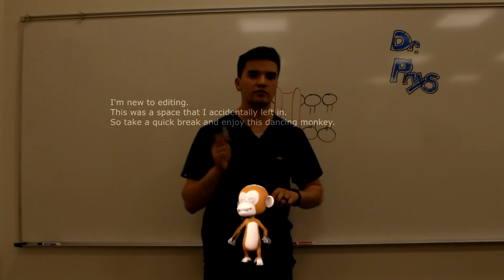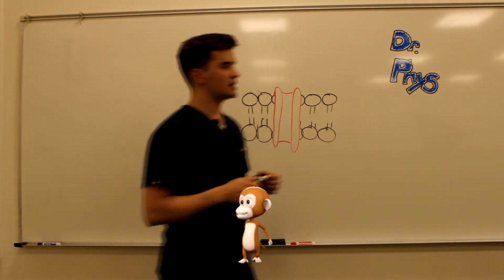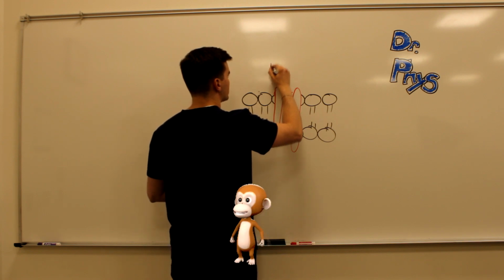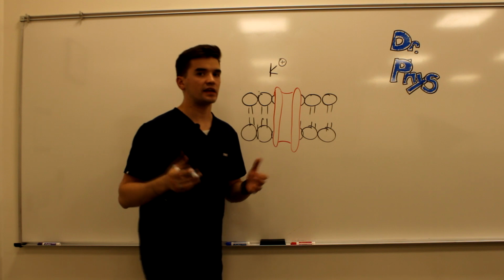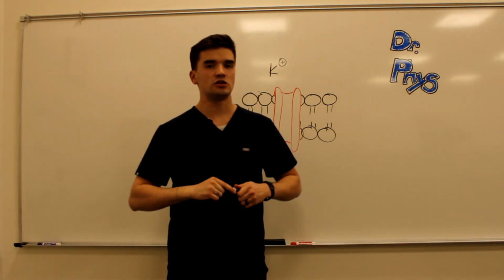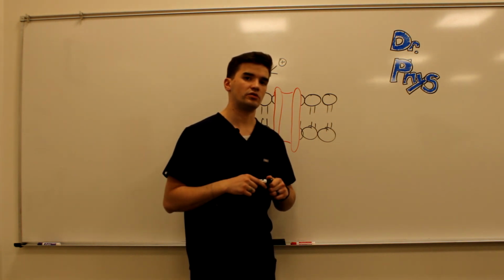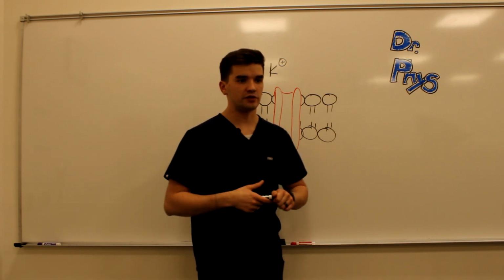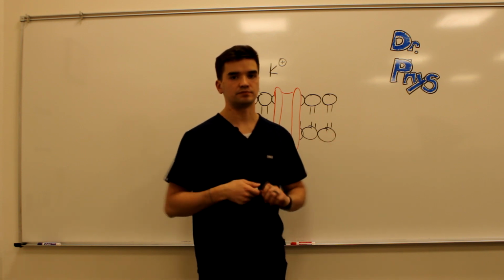Let's cover the different passive channels. Our first passive channel that we discussed is called a leak channel. Leak channels can be specific to certain ions, or they can let in a general amount of ions or exclude certain ions. You have different channels within your neurons, for example, that exclude calcium, and you have different channels within cells that only allow potassium to flow out or in.